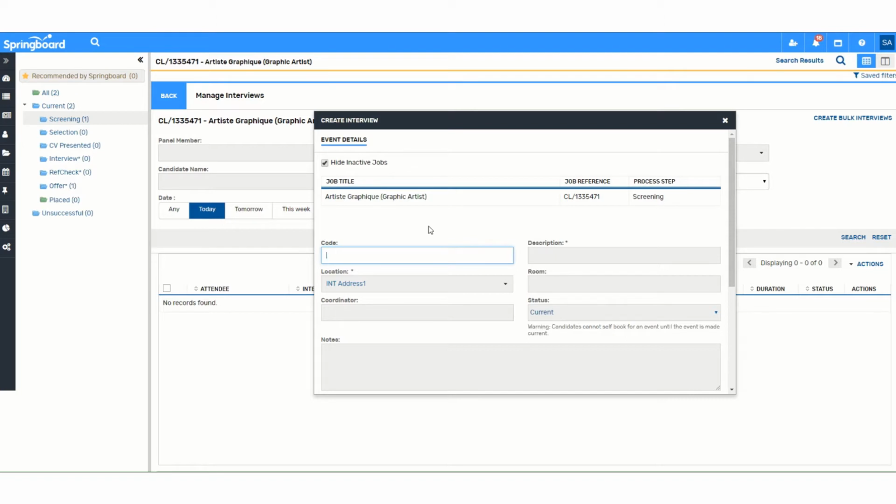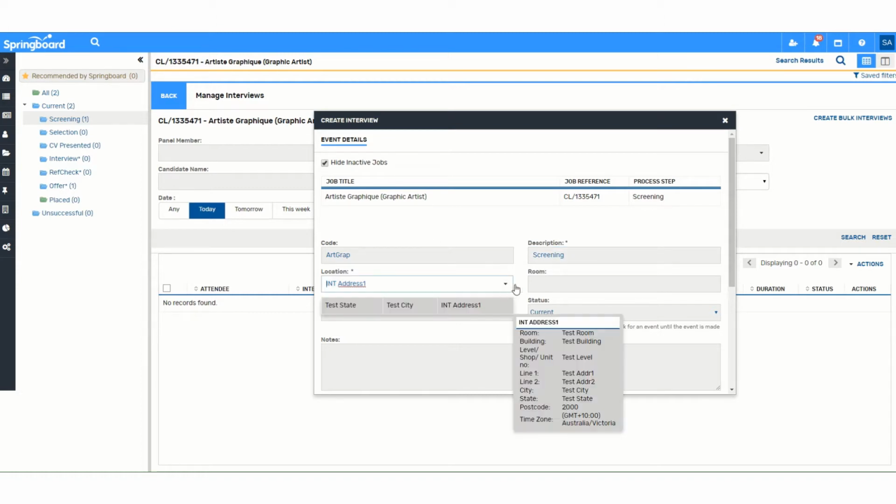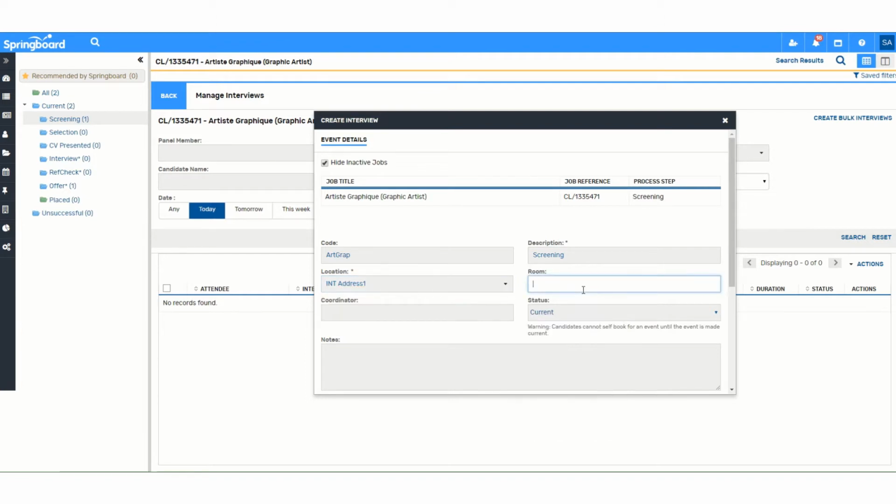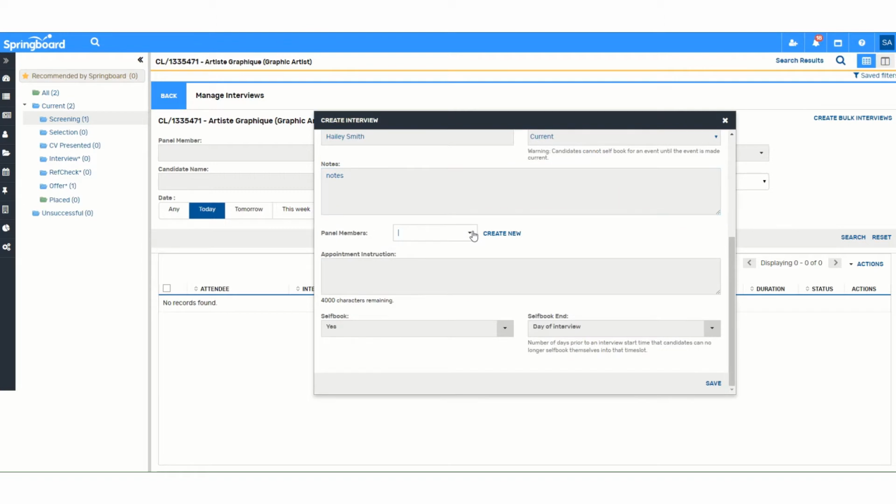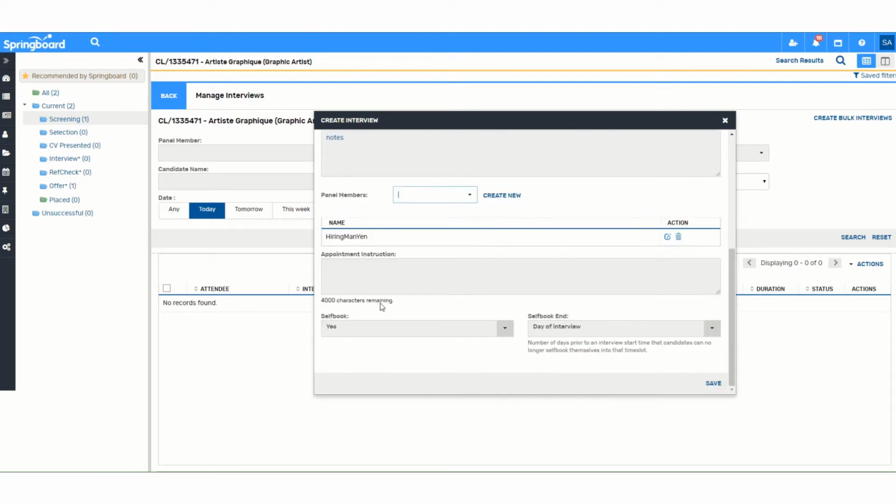Supply the details: code, description, location, choose any location, room, coordinator that the candidate can contact, status, current, any notes, choose the panel member, provide the appointment instruction to the candidate,